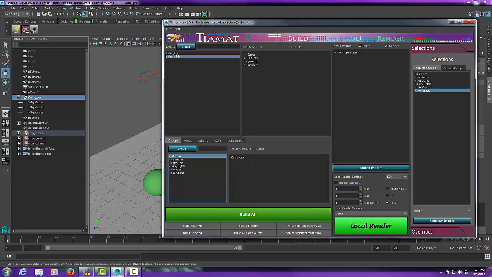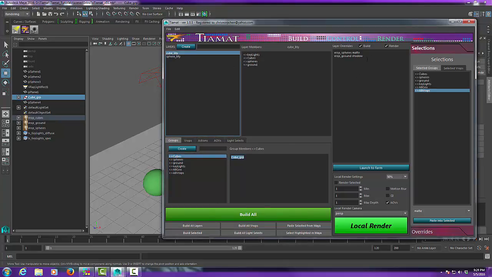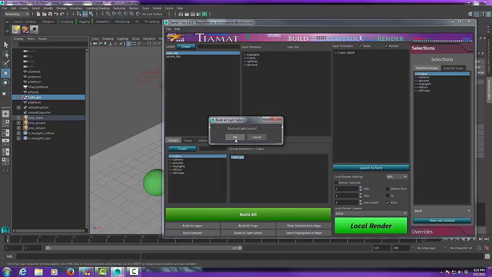Another thing to consider too is when you have, say, this cube group, when you use a group and let's say it's part of a top level group, and the cubes is saying cube group. If I go into, say, my cube beauty, let's get rid of this, and let's say my cubes group, I want to say primary visibility off on the actual objects. So paste that in there, build all,